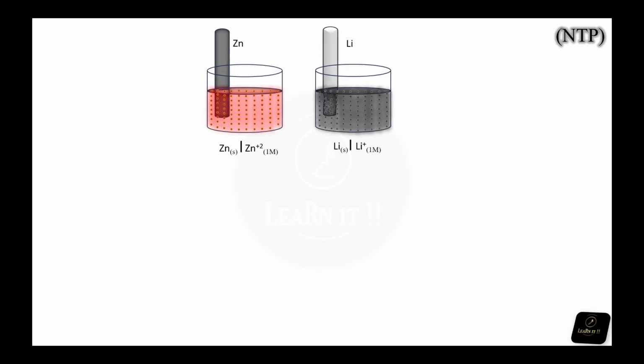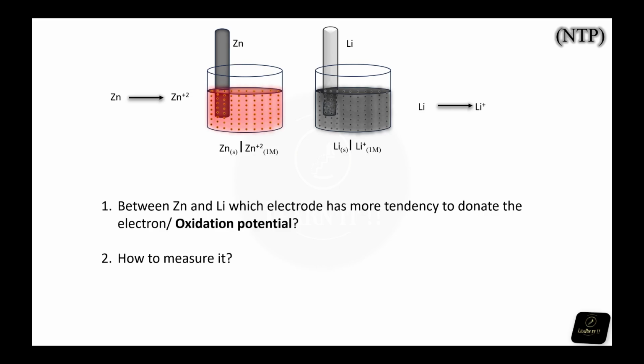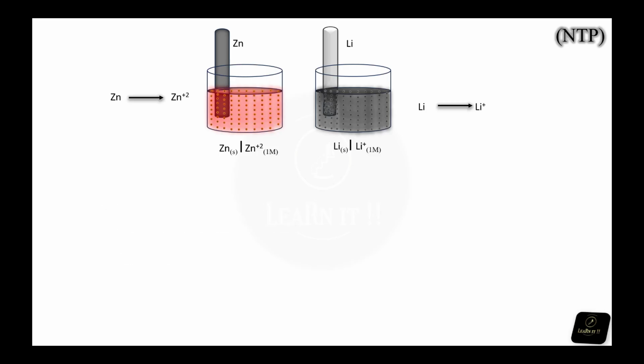So let us see with an example. We know that both zinc and lithium electrodes act as anodes. But the question comes: between zinc and lithium, which electrode has more tendency to donate electrons, which is called oxidation potential? And the second question is how to measure it. The answer is,